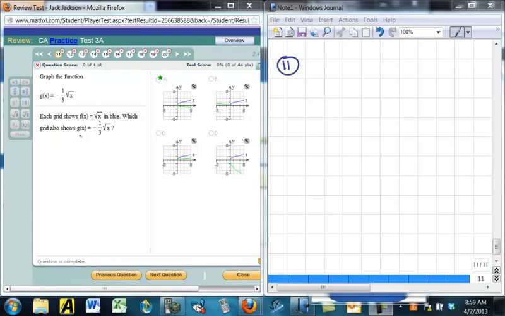Okay, we're back with the next part of College Algebra Practice Test 3A. We did the first 10 questions on the earlier video, and now we're going to pick up with number 11 here. So the graph of f of x